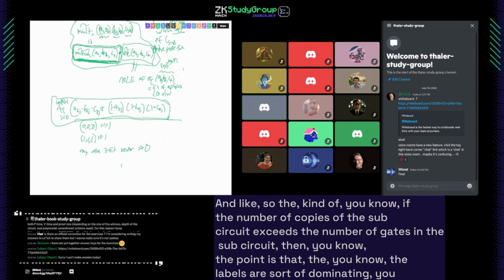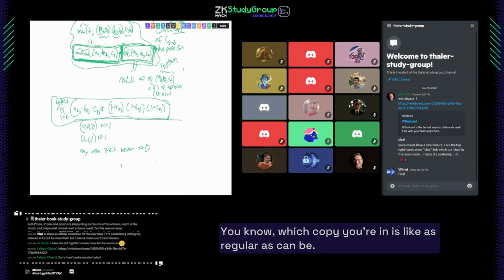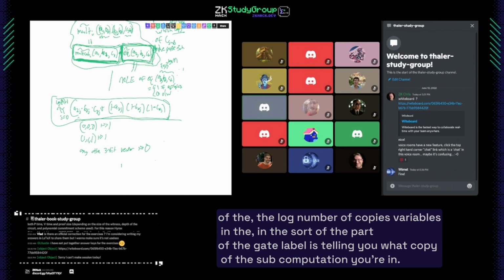And so if the number of copies of the subcircuit exceeds the number of gates in the subcircuit, then the point is that the circuit's total size is dominated by the number of copies of the subcomputation, with each subcomputation being tiny, tiny, tiny. And the part of the wiring predicate corresponding to which copy you're in is as regular as can be. And so evaluating it at a random point just takes time logarithmic in the number of copies, because this is just, for each one of the log number of copies variables in the part of the gate labels telling you what copy of the subcomputation you're in,